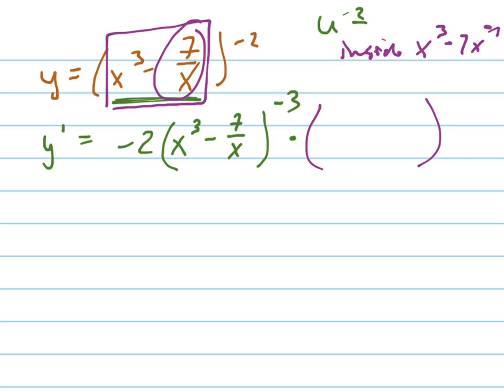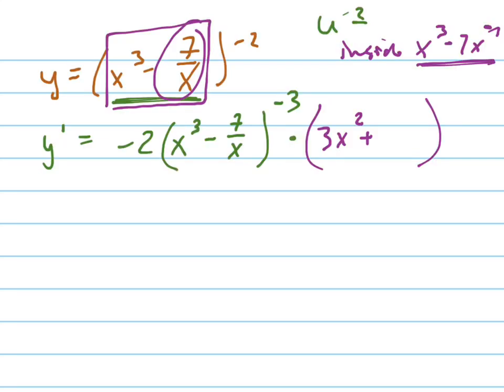Okay. So the derivative, just use the power rule for this. 3x squared plus, I'm bringing that negative 1 down, so it becomes a positive 7x to the negative 2. Okay. Now, for a lot of people, the hardest thing is to clean this thing up correctly, so let's clean it up. So this is going to be negative,